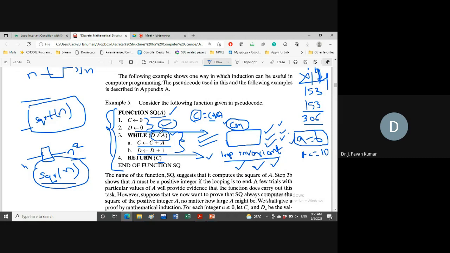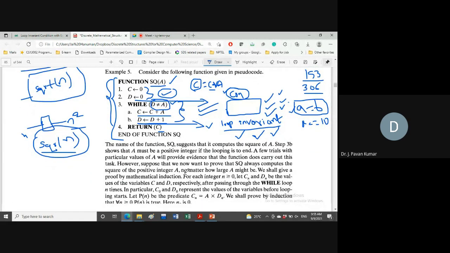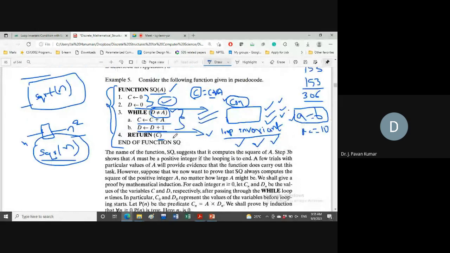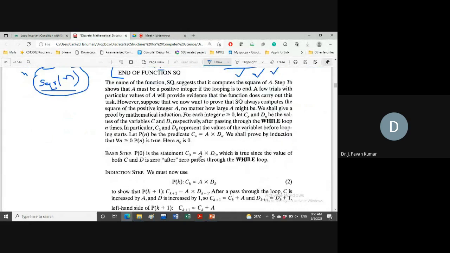Now coming to this particular example, if you understand up to some extent, that is also sufficient to understand the example. If you see the example, then you will get more clarity. Now we can say there exists a